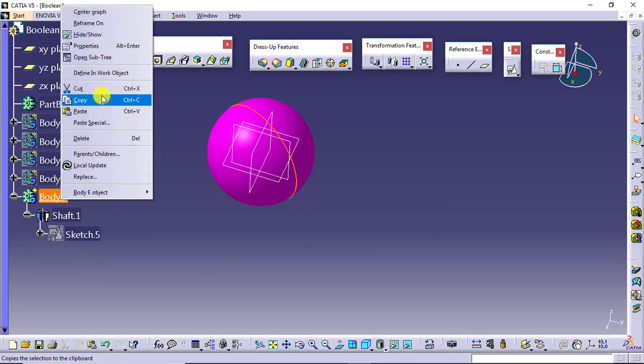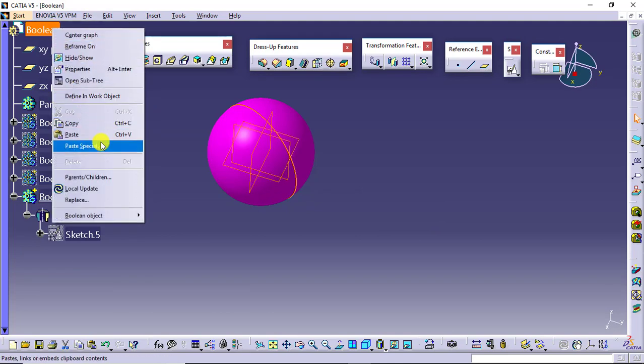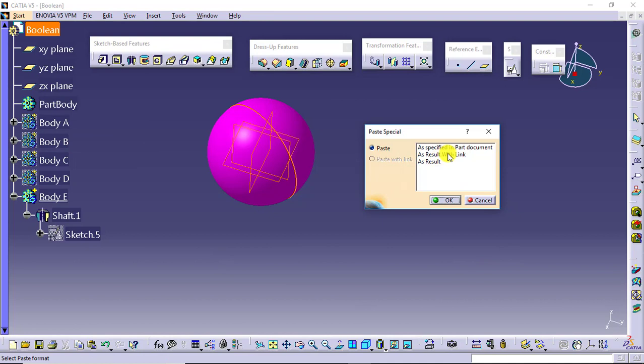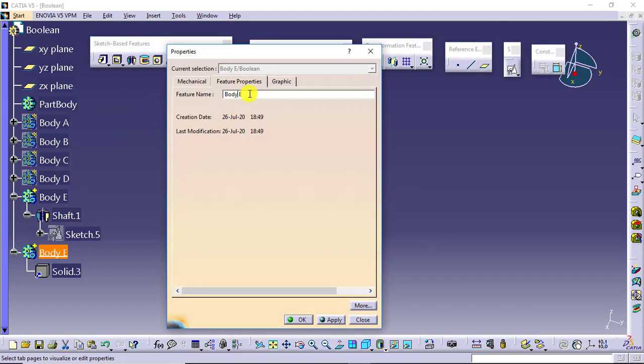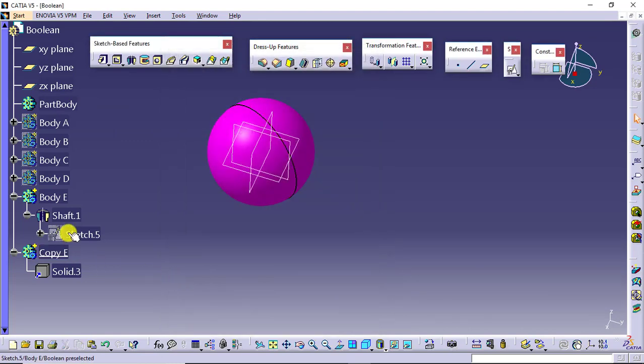I will again copy, paste special, and I will go for the option as result with link. Say OK. I will change the name, say copy E, and OK.